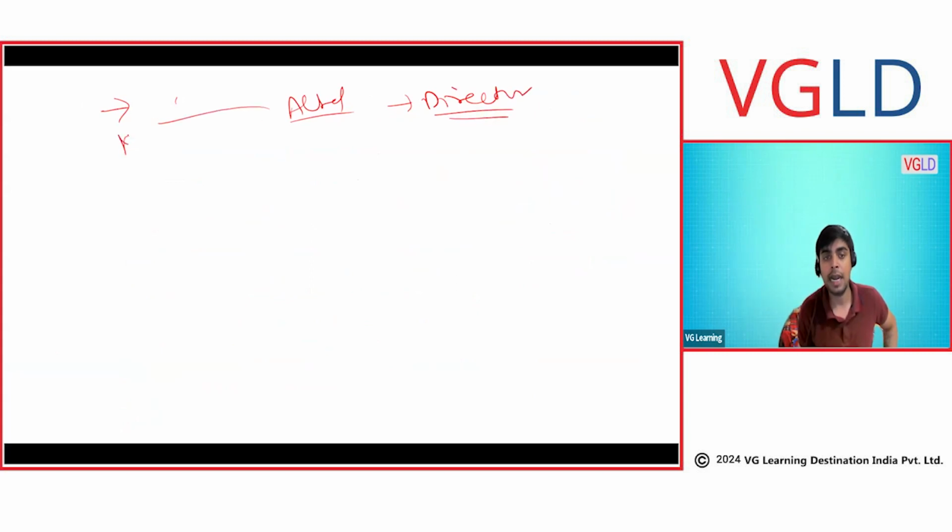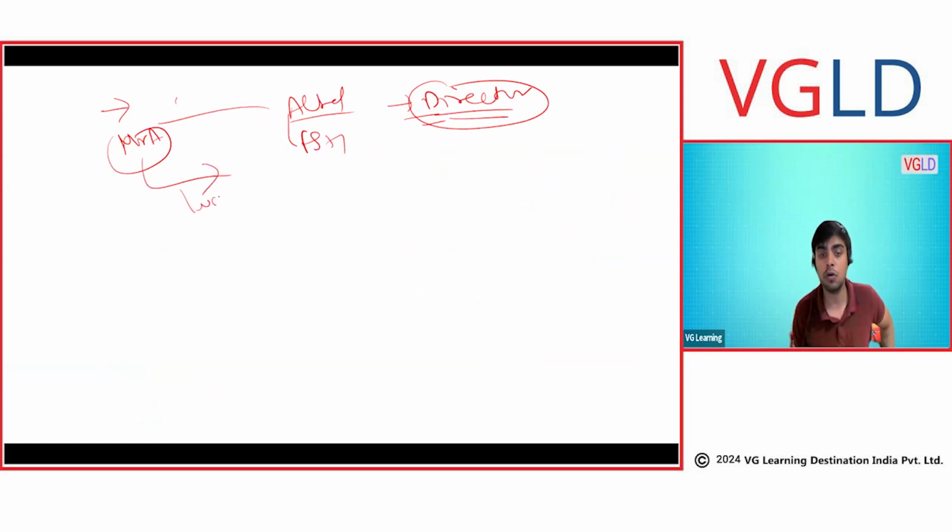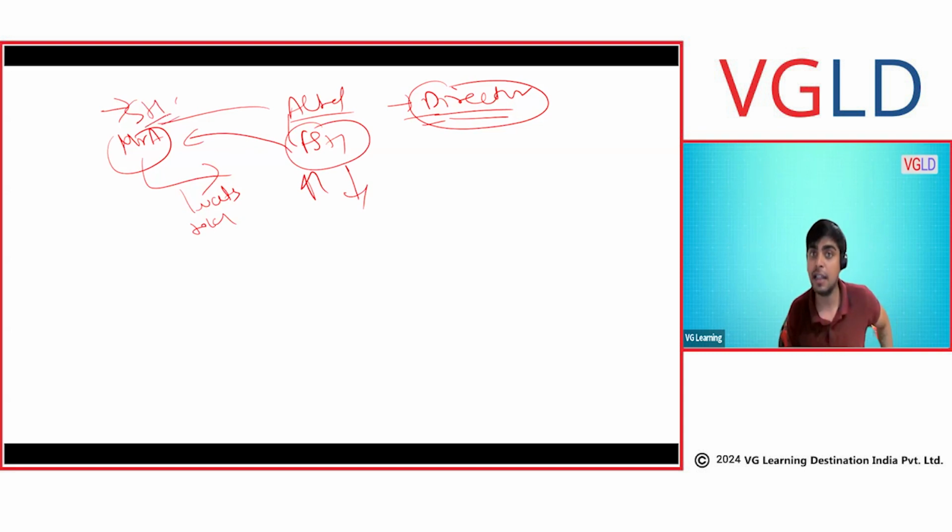Just final concept and then we are through. One final concept. A Limited is now managed by the directors, and Mr. A is not participating in the business. It is director who make the decision. So Mr. A wants A Limited to prepare the financial statement, because he wants to know whether his investment is increasing or decreasing. So financial statement is a way the shareholder know about the health of the company, whether profitability is increasing or decreasing, because they are not participating in the directorship. Directors are employee of the company who run the company.